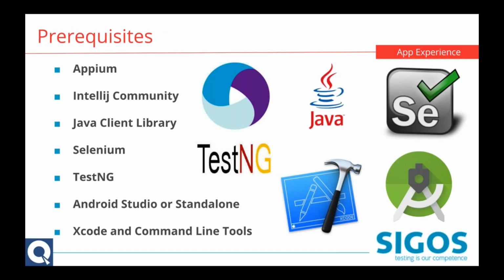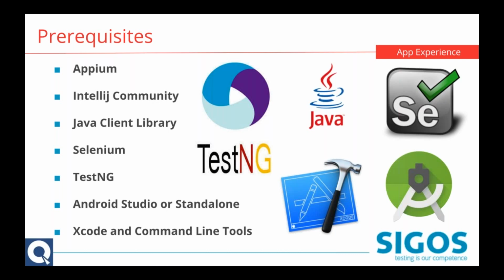So if you're setting this up for the first time, since this presentation got started, Appium has come up with a new Appium Desktop application. I'm not going to be showing that. I'm still going to be using the old version of the app, and I do a lot of things with their command line tools. You need some sort of IDE. That's what you're going to be developing your Java and your Selenium code in. TestNG or JUnit are your annotation frameworks that are going to control the flow of your test cases.